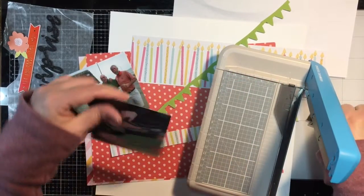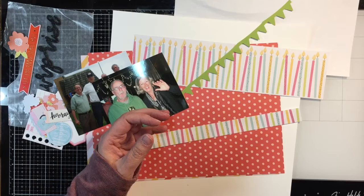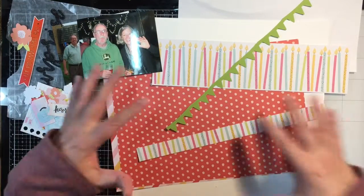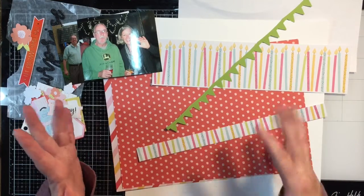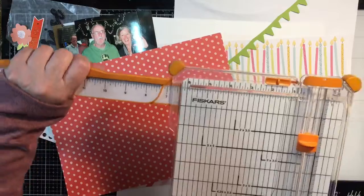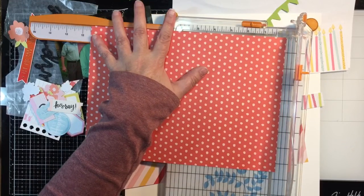So hopefully everybody was having a good week and sticking with their spending freeze. I did pretty good. Like I said, I didn't buy anything, and right now I am currently tackling still the scrap paper. I've been going through, I had a huge stack on the top of my scrap bin that I would just throw things on top of, and I haven't broke it down to file it away. So I'm actually going through, my spare bedroom bed is covered with scrap paper that I'm going through and picking out what needs to be thrown away, what needs to be,